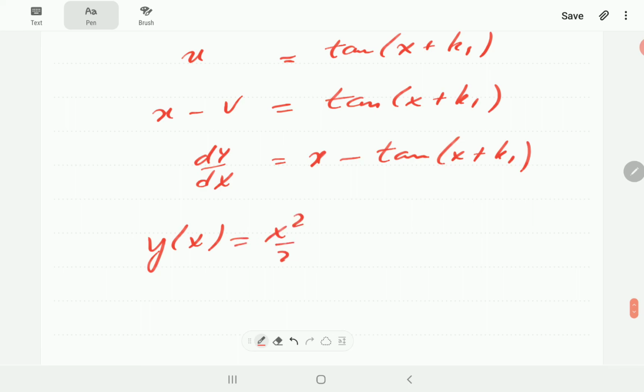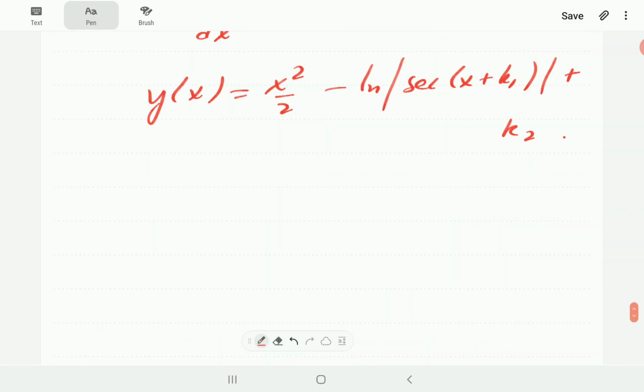So y is going to be x squared over 2. The integral of tan is ln of secant, so minus ln of secant of x plus k1. Then this is going to be plus k2, of course. So that's our general solution. And then we're going to have to